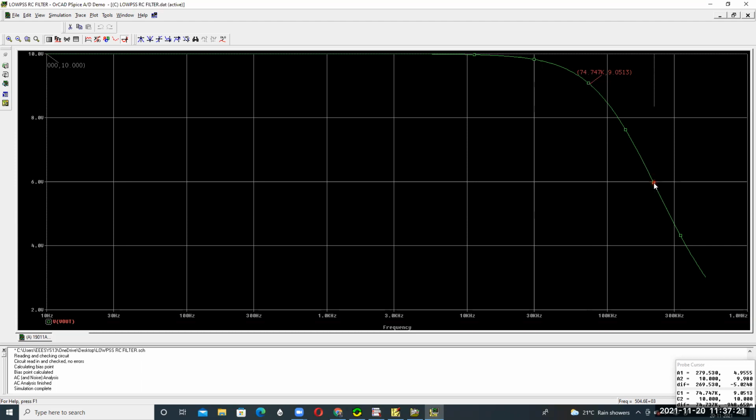If you want to know this point, select here and press this icon, and you will get this. Here also press. So it is 2.94, approximately 3 kilohertz, and the voltage is 9.10 volts. Like this, the scale will be displayed on the graph, and the markers will be displayed like this. By pressing the printer icon here, we can get a printout of this output. So this is about the design of a low pass RC filter by using a simple RC circuit.